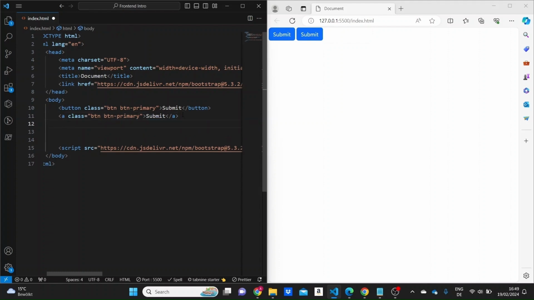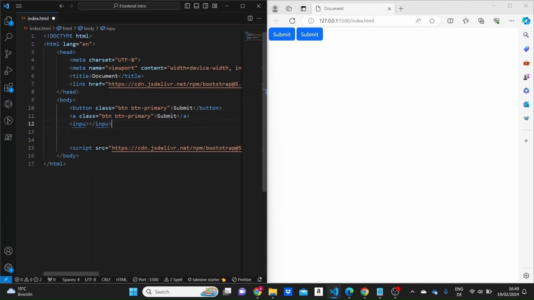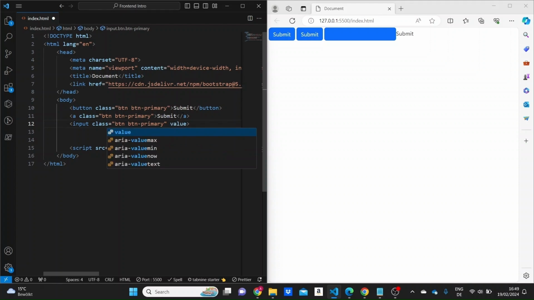And also inputs can take the button classes, and if I give to this input a class of btn-primary, I'm giving it a value of submit,